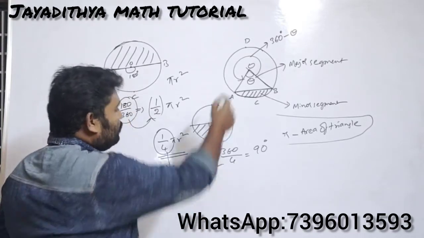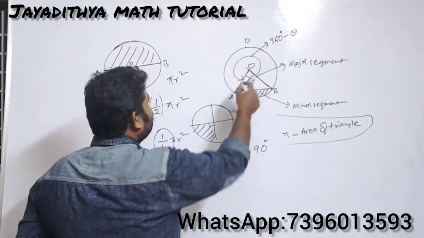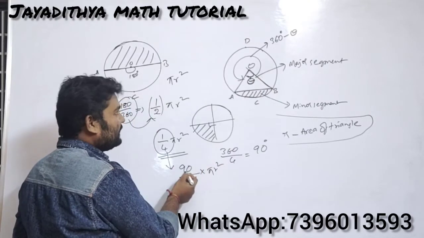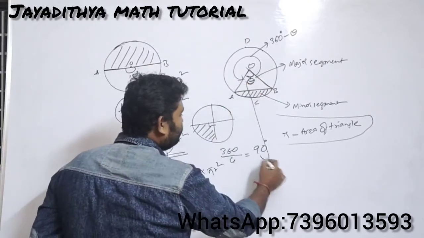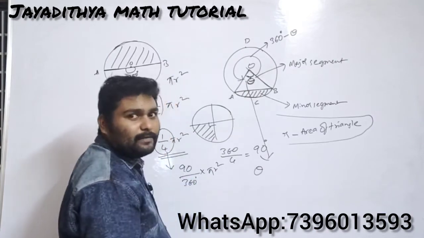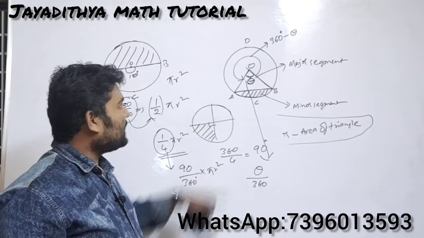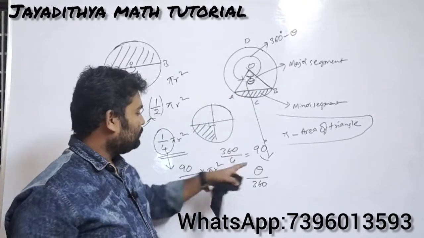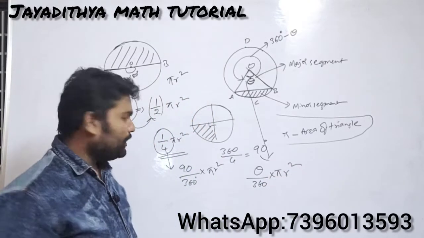Okay. So now let us try to understand the area of the sector. Here the angle is theta. We are taking the angle as theta. If it is 90 degrees, we take 90. If it is 180 degrees, we take 180. If the angle is theta, what do you need to take now? You need to take the angle in the numerator and divide it by 360 degrees. Why? Because the complete angle is 360 degrees, and you want a part only for theta. So theta by 360 into pi r square.